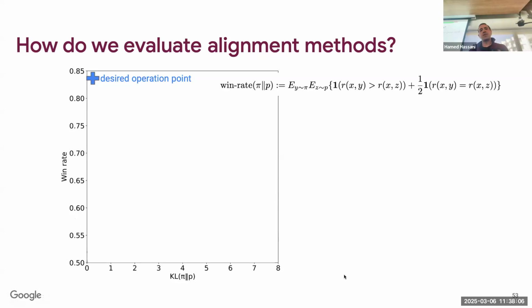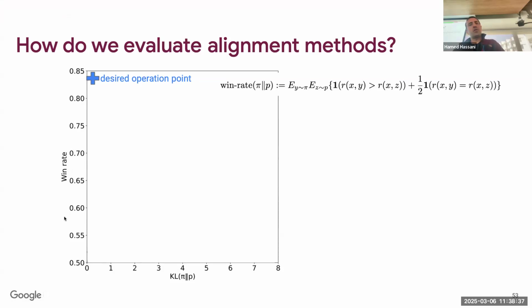And the x-axis is the KL divergence between pi and p. So it basically shows how much of the core capabilities of the P model I have been able to retain in pi while increasing the win rate. Okay, so that's basically the 2D evaluation. So ideally, I want to just start shooting up from here and make the win rate go close